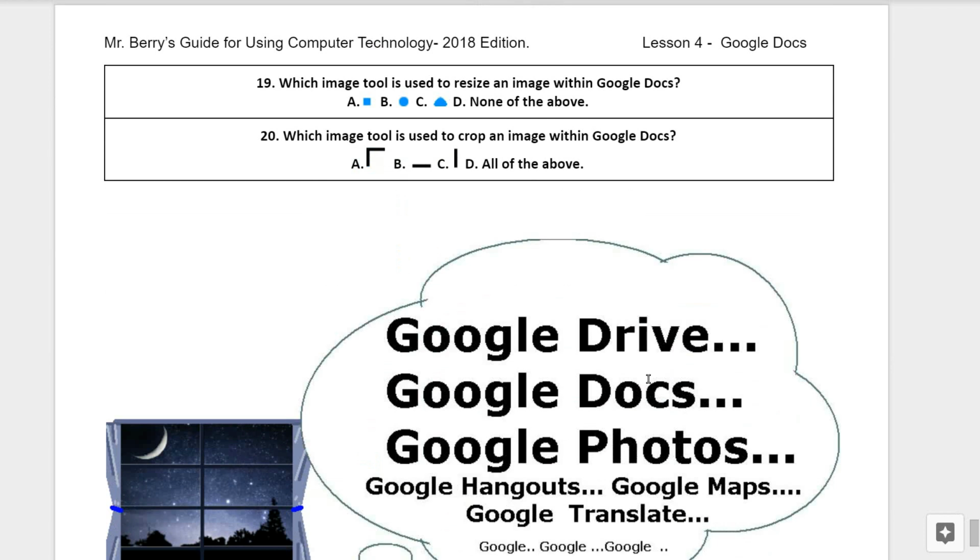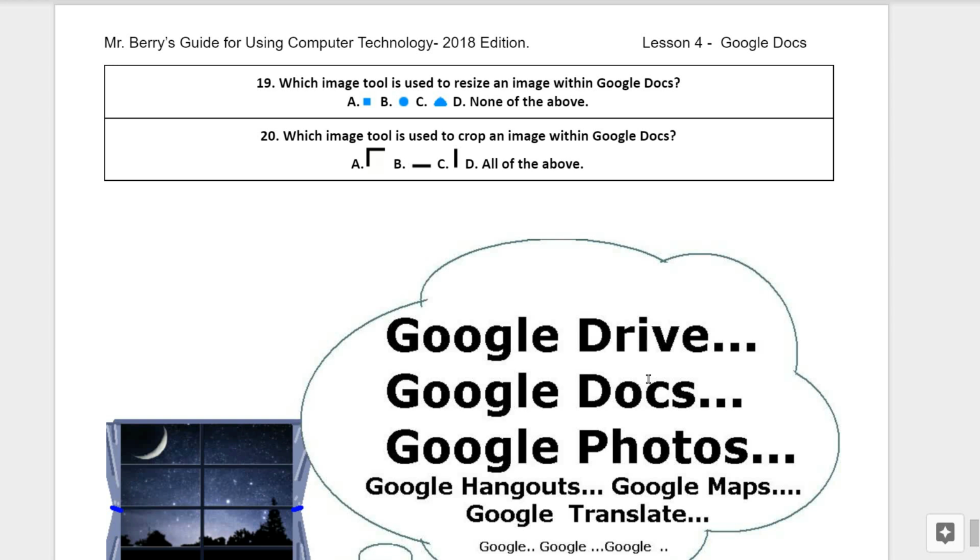Question number 19. Which image tool is used to resize an image within Google Docs? Is it A, the small blue squares, B, the small blue circles, C, the small blue triangles, or D, none of the above? Question number 20.